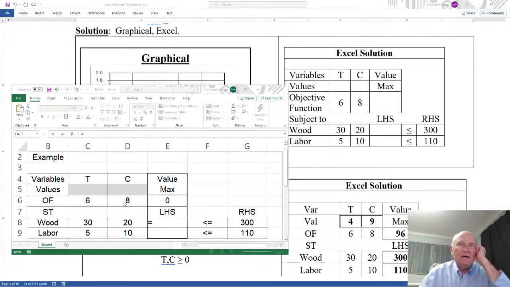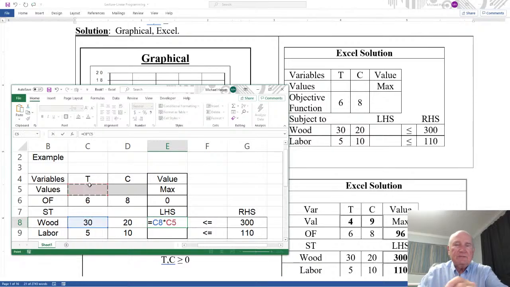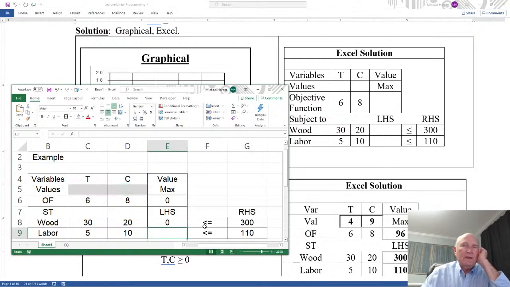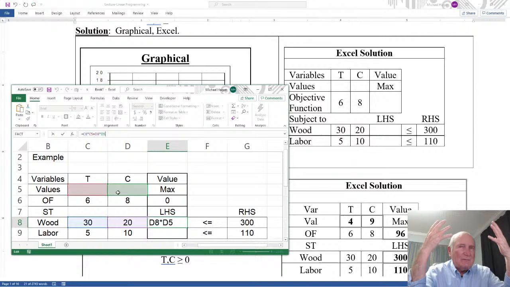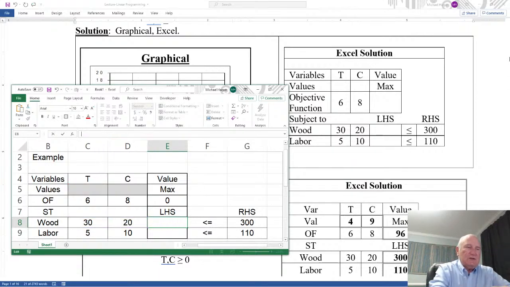So to solve this, again, I want the coefficient, 30, times t plus 20 times c. Now, if you remember, there are some functions. If you do this, you notice it's 30 times t plus 20 times c. But that type of multiplication and addition is so common that Excel has a function, and the function is called the sum